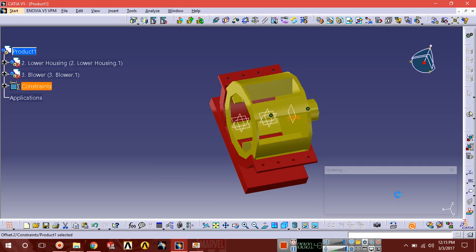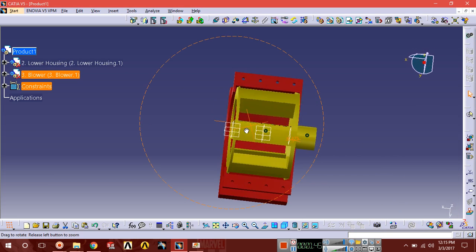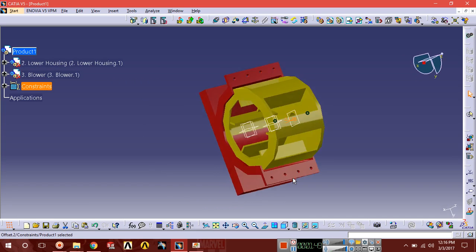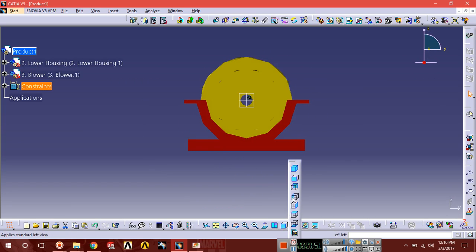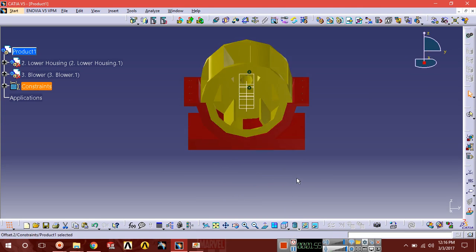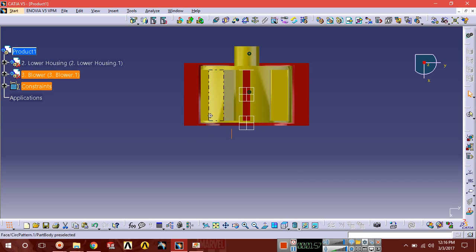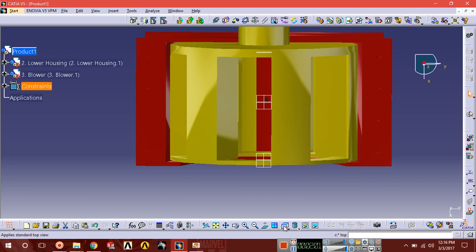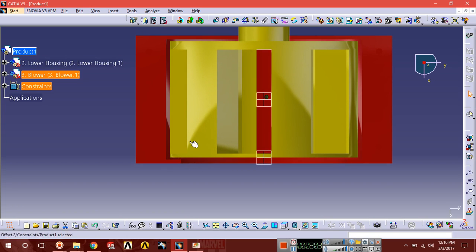Okay, update. Here you can see all gaps are very fine, here and here, from the all sides.